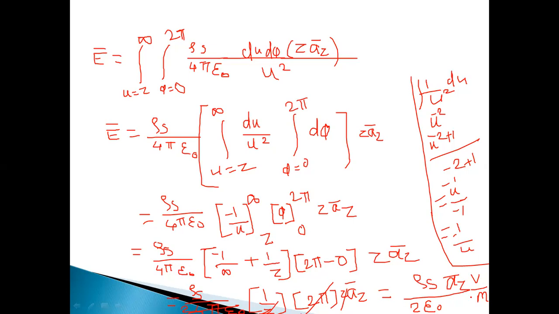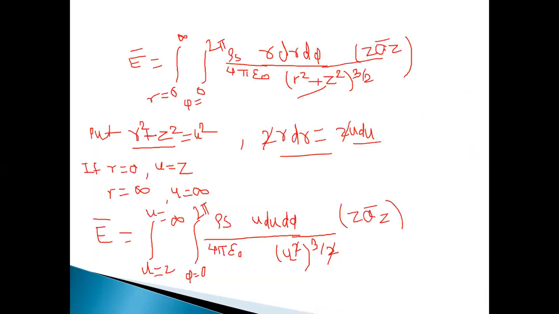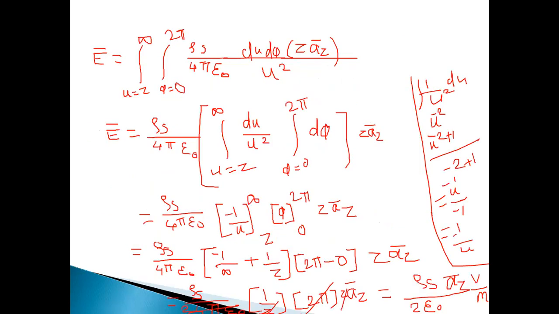Because we are finding electric field intensity at point P, which is placed on the z axis. You can check that diagram again. Point P, where we are finding the electric field intensity, is located on the z axis. In the earlier line charge case, where was point P located? On the y axis. So the unit vector at that time was a bar y, correct. Now it is located on the z axis, so the unit vector is a bar z.